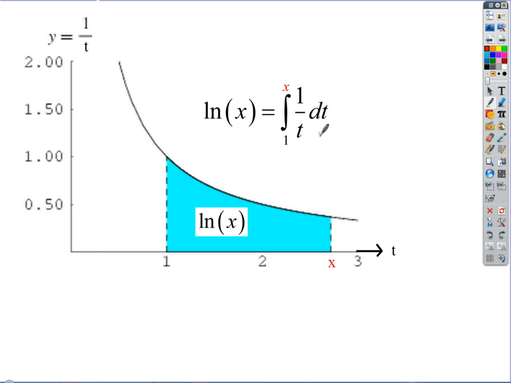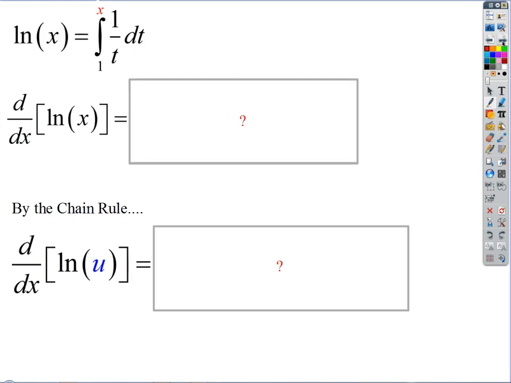Now if the natural log function is defined in terms of this area function, the area under the curve 1 over t, from 1 to x, how are we going to differentiate that? It's going to be simple, isn't it? That looks an awful lot like the stuff we were just doing. Log of x is an area function. If we want to differentiate this, then we're just going back to